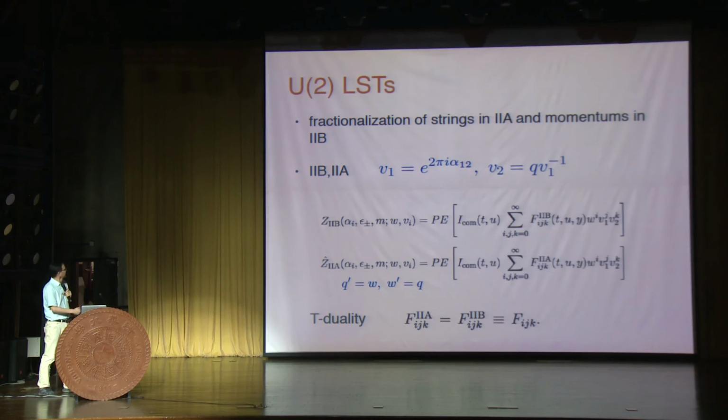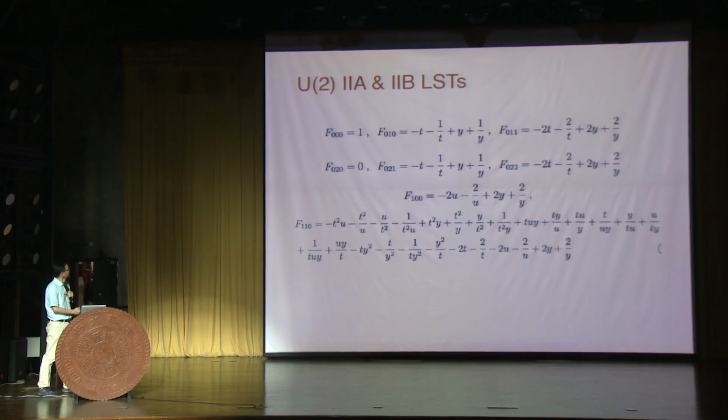Now, in the U(2) case, again, as I said, there is fractionalization of the winding numbers and fractionalization of momentum. And here are the chemical potentials for v1 and v2. Then one can calculate the partition function for each series independently. Then you expand in terms of winding number and momentum fractionalization with the same chemical potential, for the type IIB case, and if you calculate it, it turns out to be identical. So here is the answer for that.